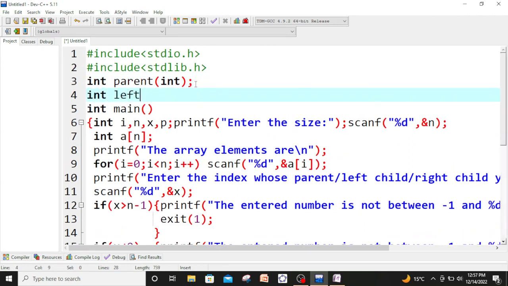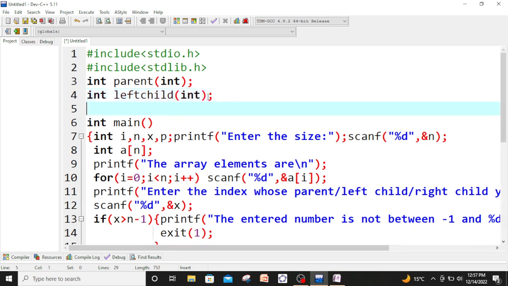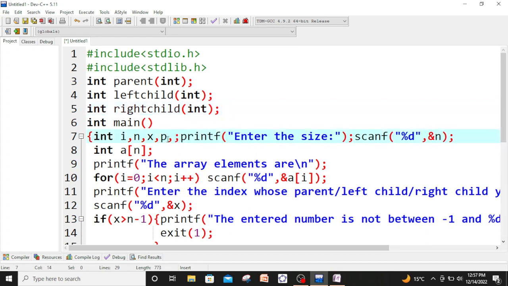So I type here left child, here int, and below this int right child, and here in the same int. Since I have taken p for the parent, accordingly I take l for the left child and r for the right child. Okay,